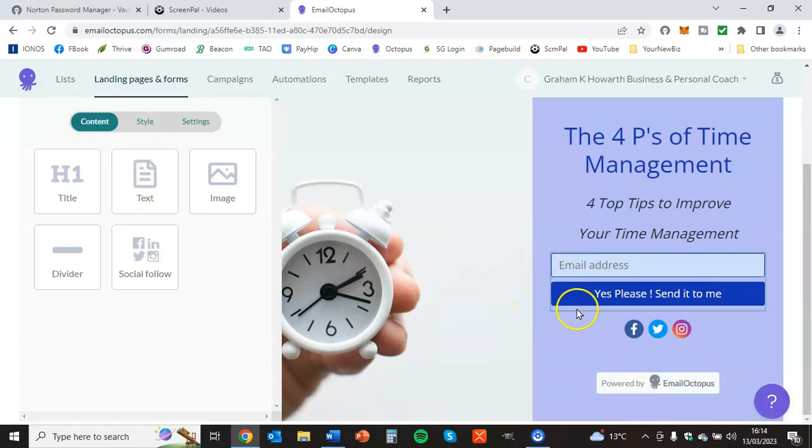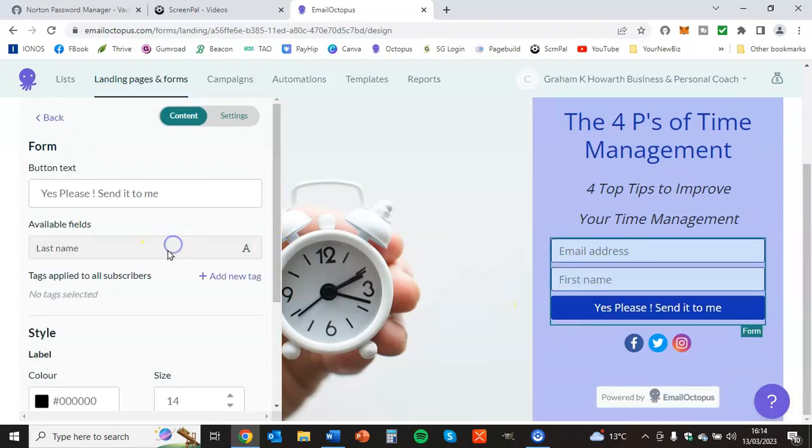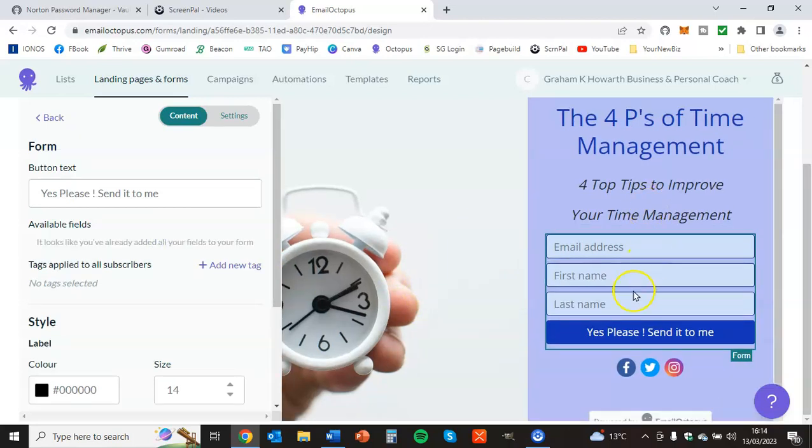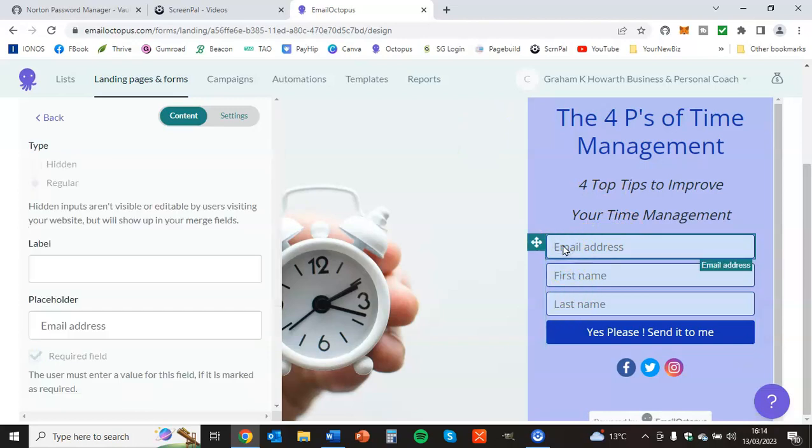But we will go back to the form and we'll add those two fields in so that we've got some extra information we're collecting about anyone who's signing up to your form on your landing page. Okay, so now we've got that, we can actually add labels to these fields. So if I click onto that email address box, for example, we now come to this area, and I can add in a label that says